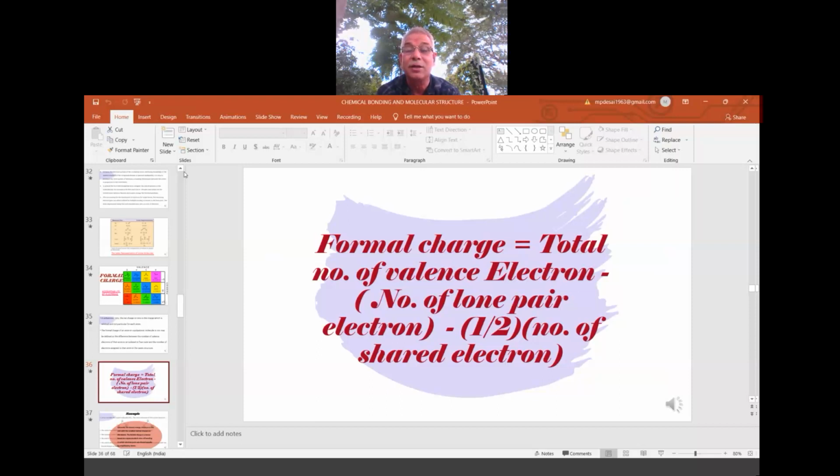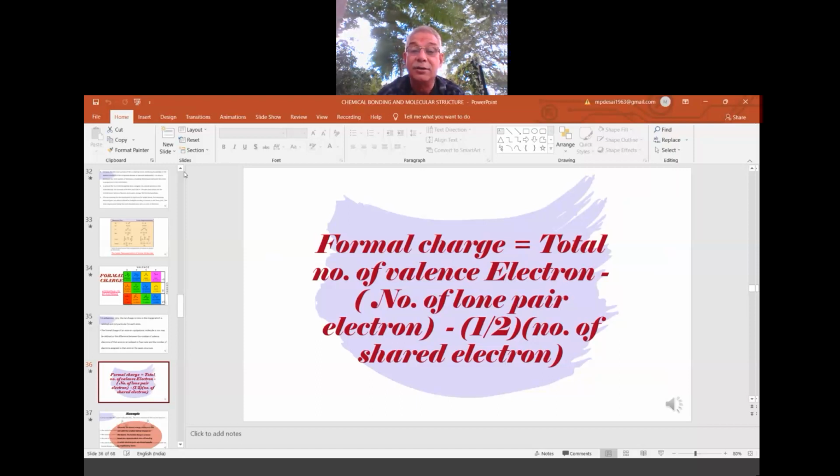So what we can write once again, formal charge is nothing but total number of valence electrons. How many total valence electrons are there in a particular atom or atoms where they are going to combine? Out of that, how many are lone pair? One pair, two pair, three pairs. And how many are bond pair? How many are busy in the bonding? And it's half. So number of lone pair electrons minus half of the number of bond pair electrons gives you the charge on that unit, that ion, or the particle, any word you can use. That is called as a formal charge.